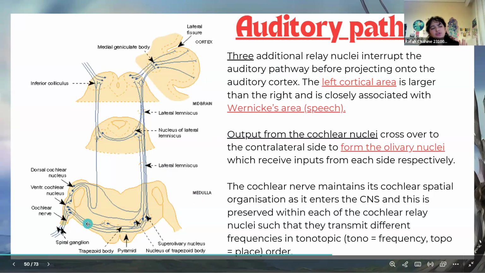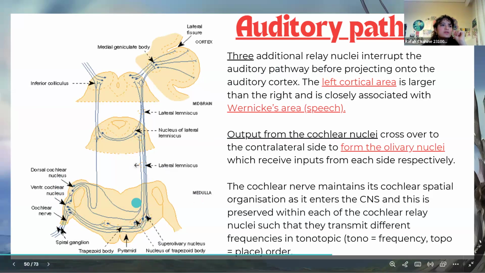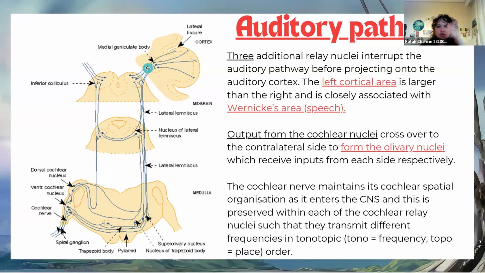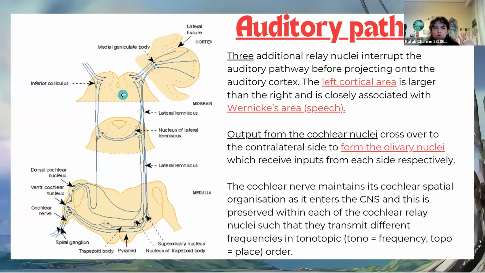Okay, because if we mention structures, I would be able to mention to you, okay, cochlear nucleus, but then superior olivary nucleus, but then nucleus of lateral lemniscus. No, the specific nuclei that I'm talking about are only the cochlear nucleus, superior olivary nucleus, and the nucleus of lateral lemniscus. Inferior colliculus is not considered a nucleus. Medial geniculate body, that's not a nucleus. Okay, so that's what they mean by 3 additional relay nuclei. Okay, but these nuclei are considered to be interruptions before any of the signals that we got from the cochlear nerve go